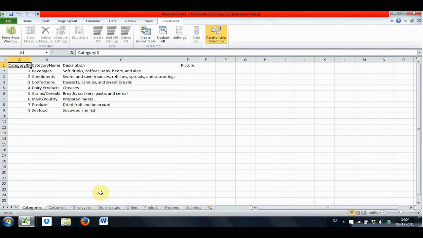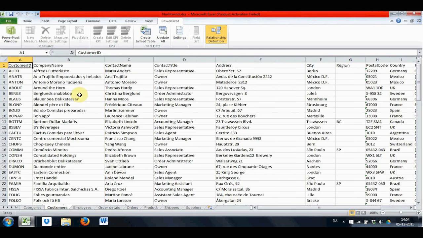This is a file containing information from the Northwind database that you should be familiar with already. As you can see, each of the tabs down here contain a table from the database. Like here we have the categories table, we have the customers table, and so on. Please notice that the first row in each of the tables contains the headers from the table columns. Now that you have seen the data source, I will just close the file, otherwise we will not be able